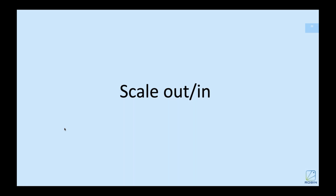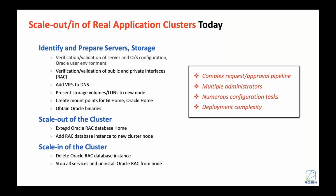If you look at the traditional way of scaling out your applications, if you were to make a two-node cluster into a three-node cluster, it takes you for a ride. There are multiple manual steps involved, multiple teams involved to get things lined up for you, and a lot of manual and error-prone processes involved to ensure that the node is appropriately added to the existing cluster, right? Considering all these complexities,